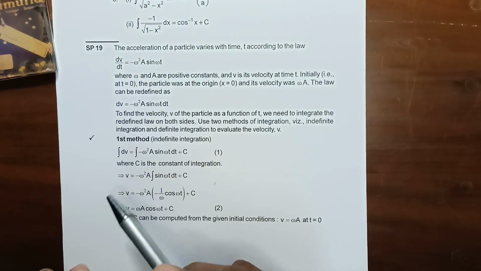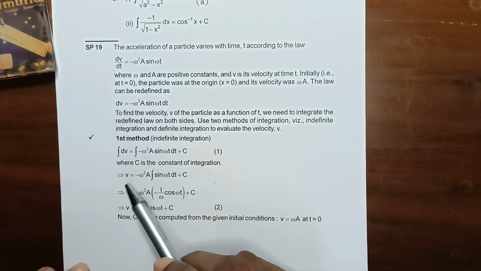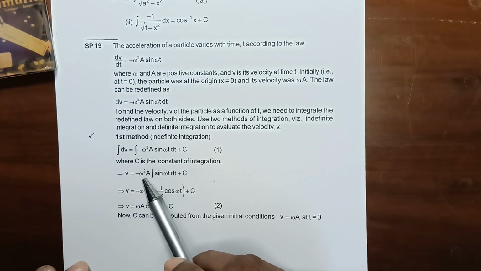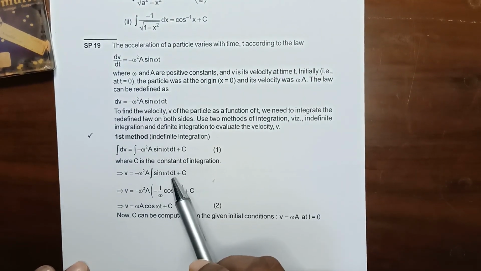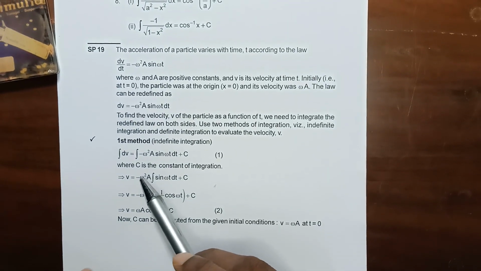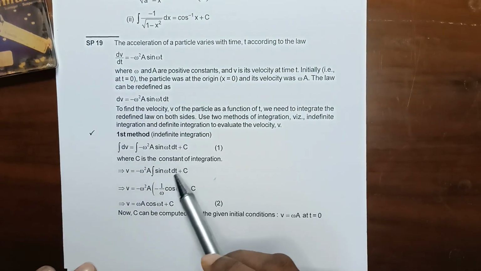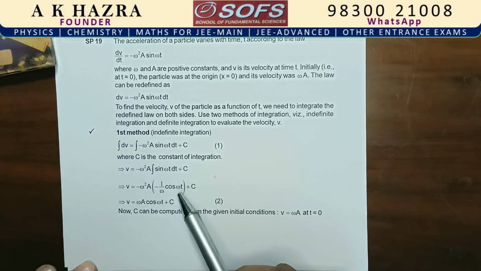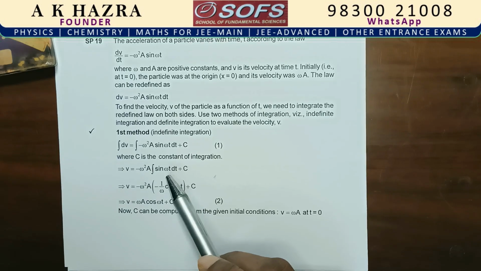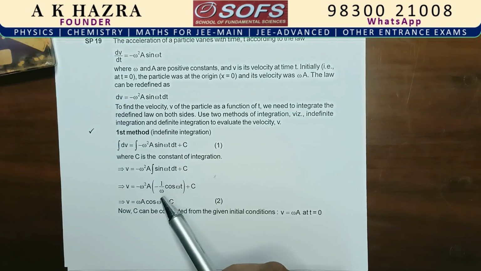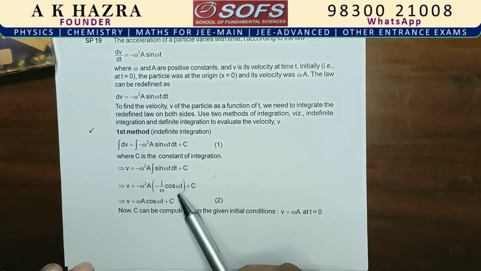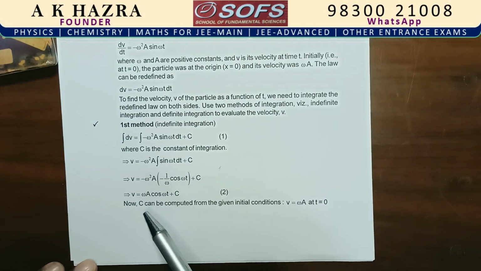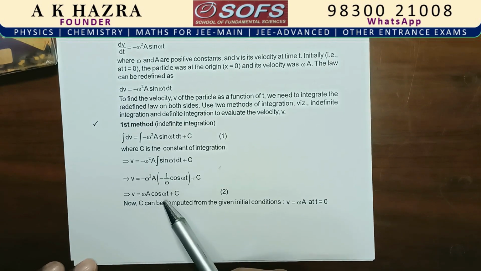Now the integration of dv, as already given in the result, is simply v. And what is the commutative law? Minus omega square a is a constant taken out. So the integration of sin omega t dt, plus c. So minus omega square a times, what is the result? Minus 1 by omega cos omega t, since omega is the coefficient of t, so it will be in the form 1 by omega. So 1 by omega cos omega t plus c. Omega omega cancel out, minus minus plus, so we will have v equals omega a cos omega t